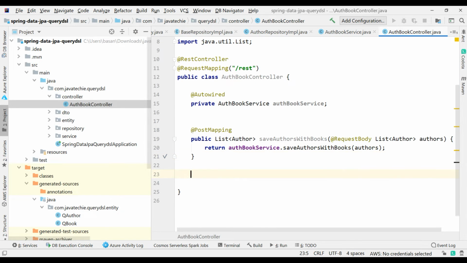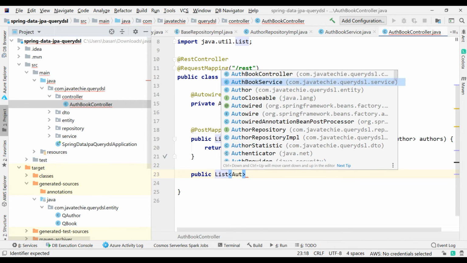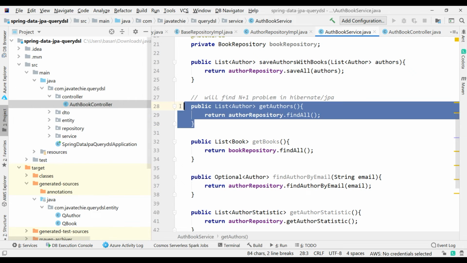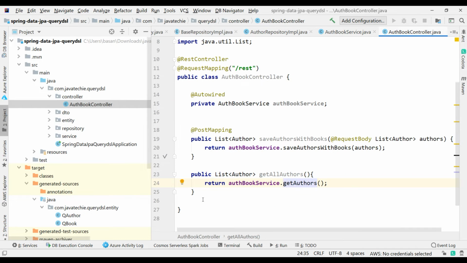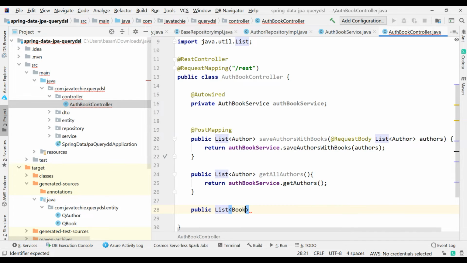Then I need to write another method to return the list of authors, public list of authors getAllAuthors, return authBookService.getAuthors. Okay, this is it, right? Similarly, let's write another method to fetch all the books. Public list of Book getAllBooks.